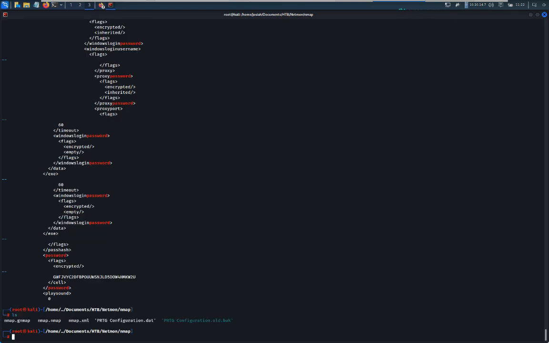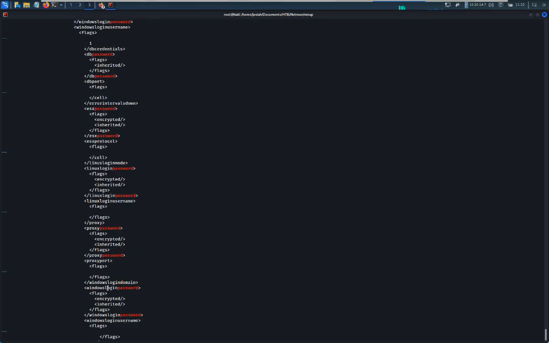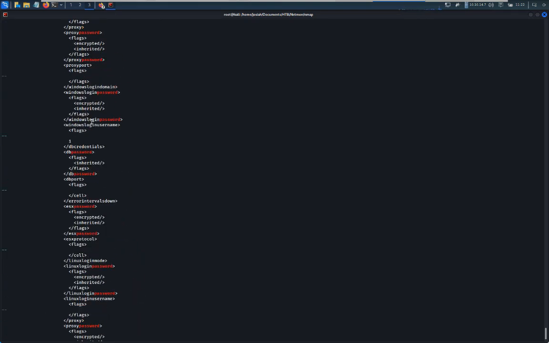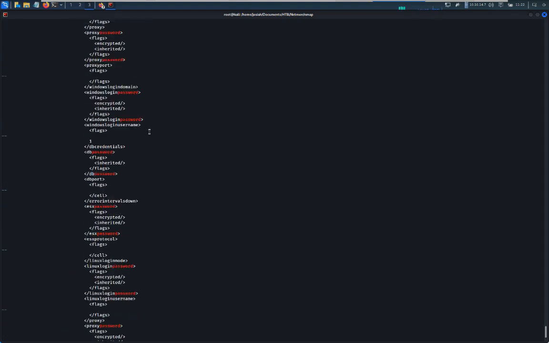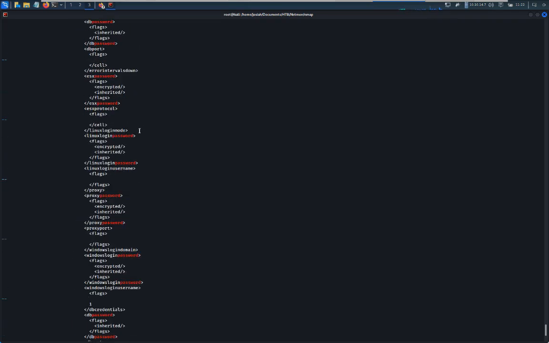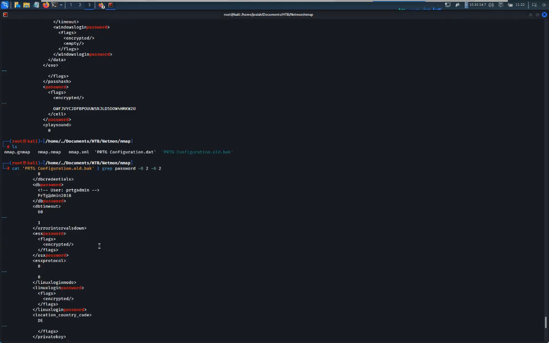And so we can also look at the prtg configuration.old.bak. Okay, so you're thinking, bummer. I've got all these encrypted files here. Nothing really important. Nothing too crazy. Where's this going? And then if we scroll all the way up, though, we'll eventually see that there was a DB password stored for us, right? So this is what I mean by proper enumeration, proper exploitation, and proper